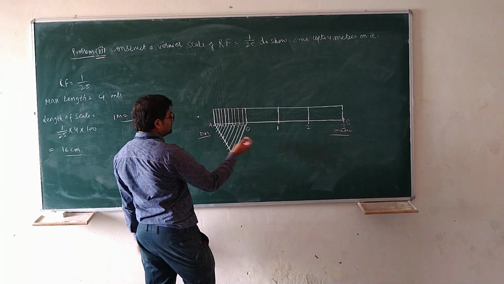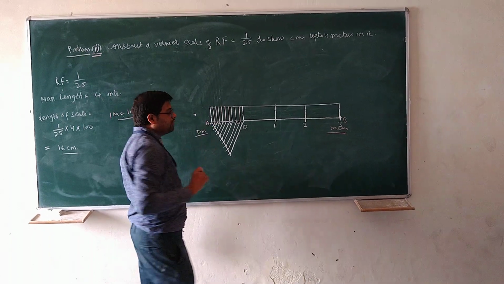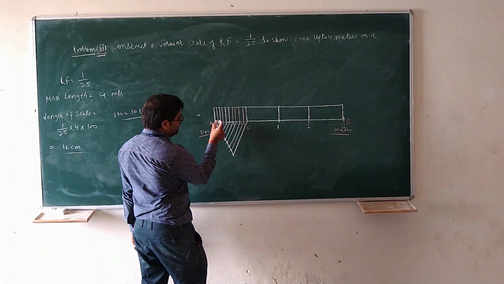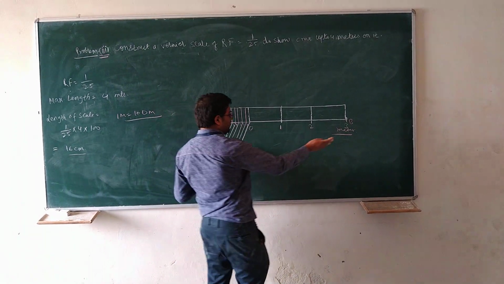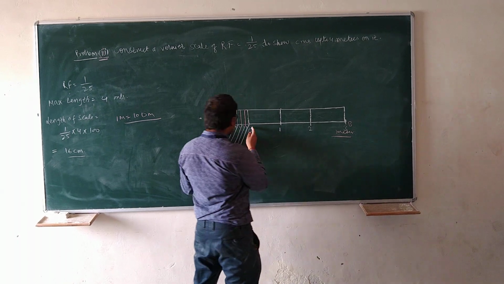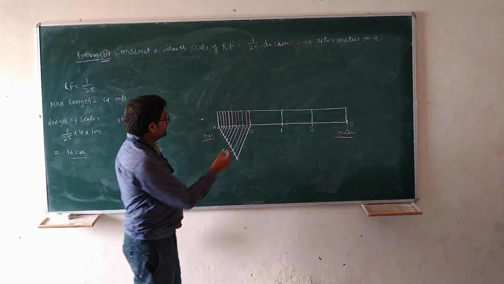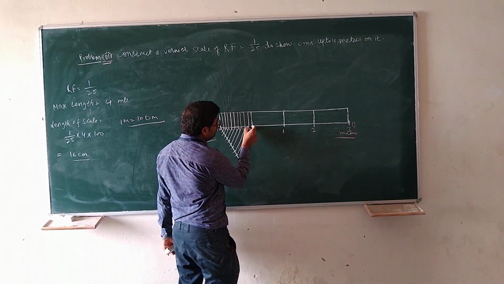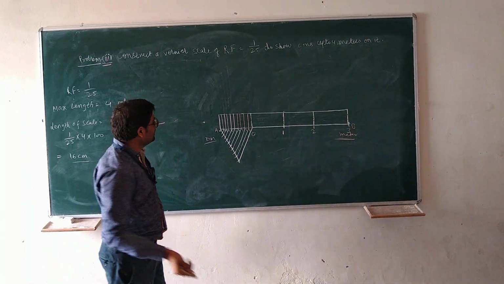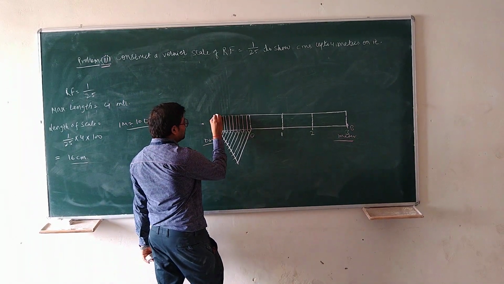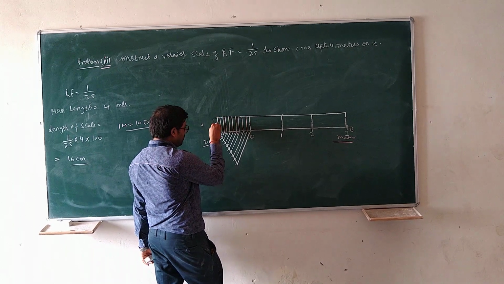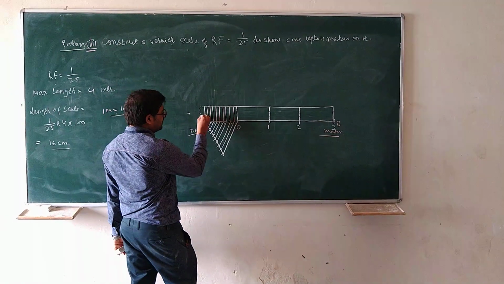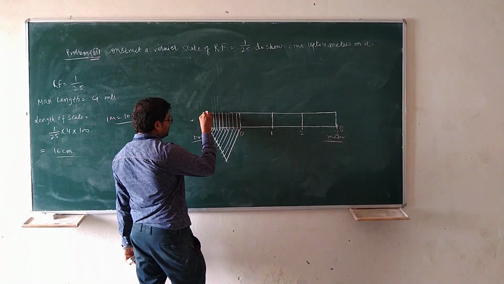Now the next step in the vernier scale is that we have to increase the length by one part of this size. This is the 16 centimeters, so the first part will be 4 centimeters. And now the 10th part, it means 0 to 1 is 0.4 centimeter. So we have to increase this by 0.4 centimeter. This part is the addition. In the vernier scale we are using this method.